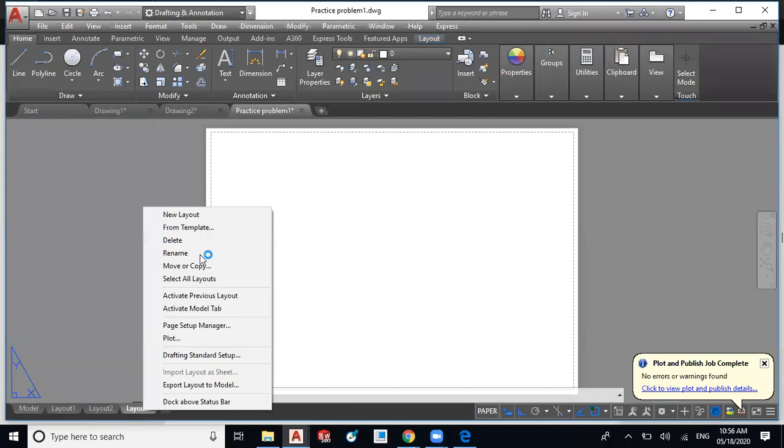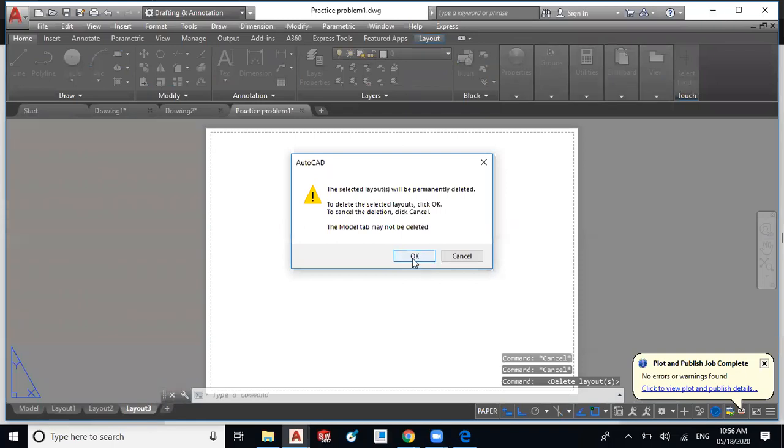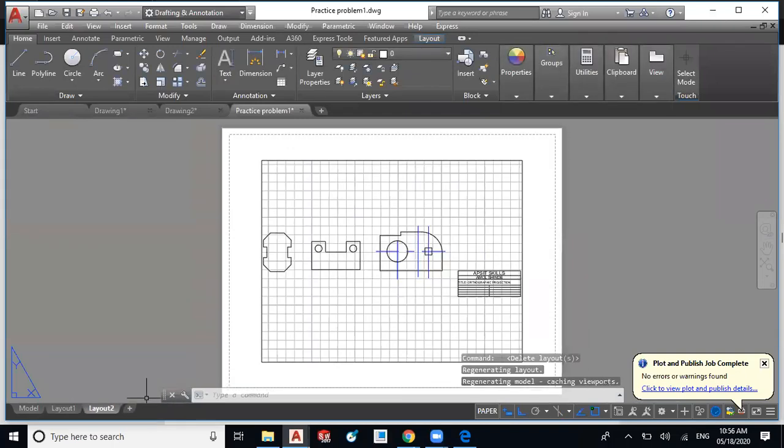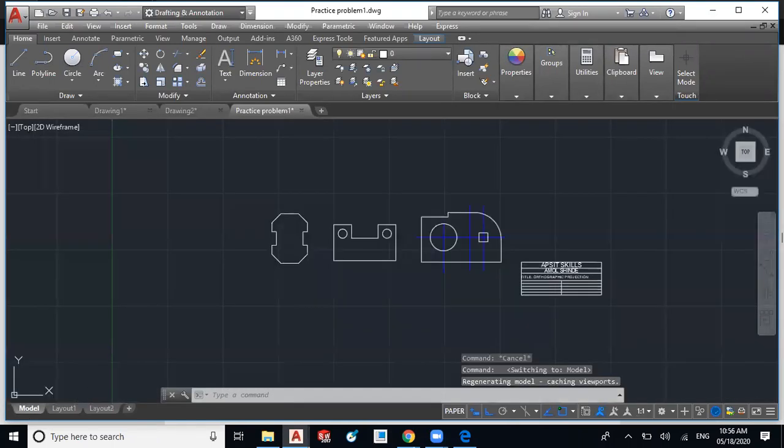If you want to delete the layout, you can delete as well. So this is the use of layout for printing. Now I will move back to the model. Now that's it for the printing.